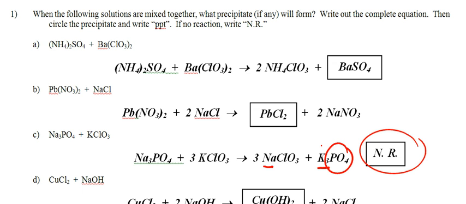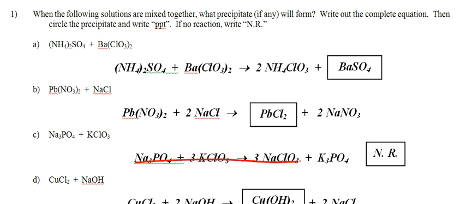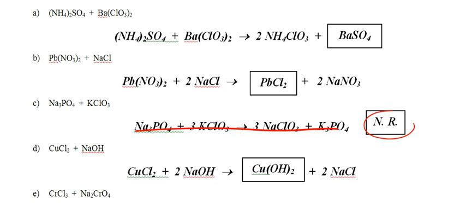Well, in this case, potassium is a group 1A metal. It doesn't matter that we have 3 potassiums, but we do have potassium. Also, this is soluble because of chlorate with the acetate and nitrate, and we have a group 1A metal. Okay, so C should be a no reaction. So if you struck that out and then wrote NR, you're in great shape. Letter D,